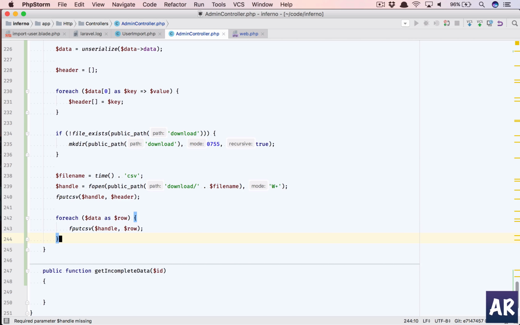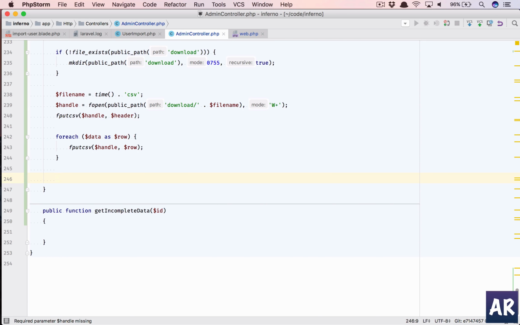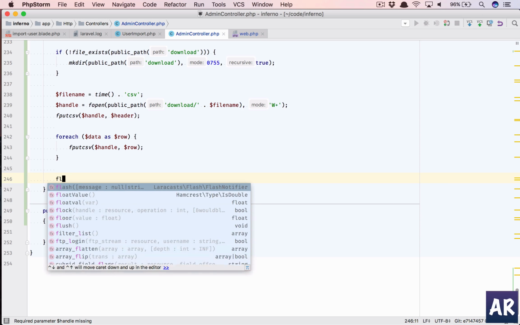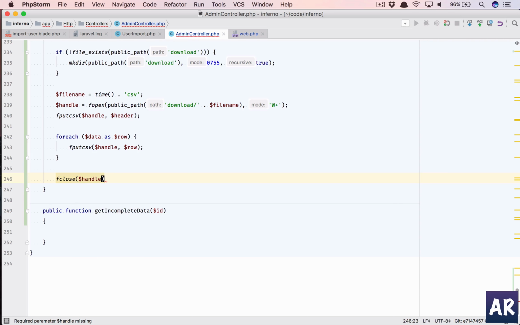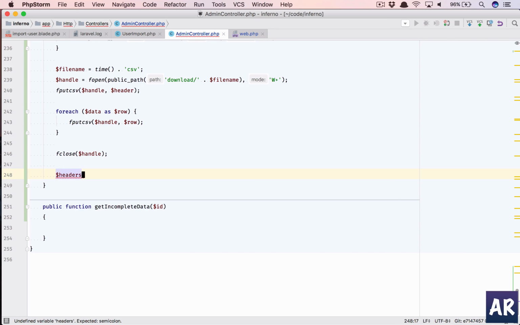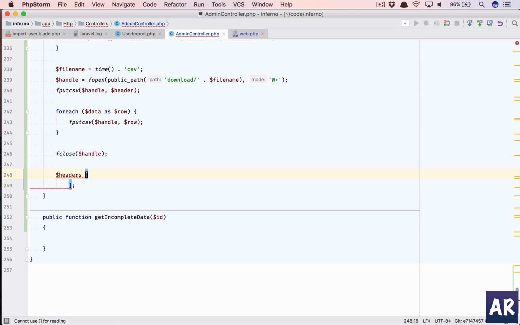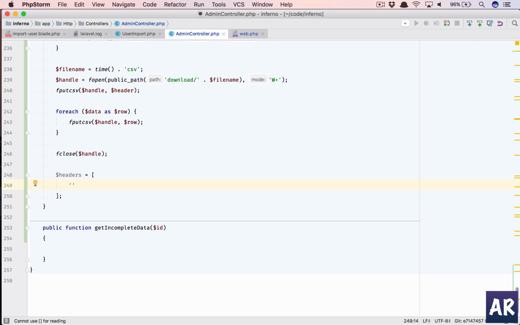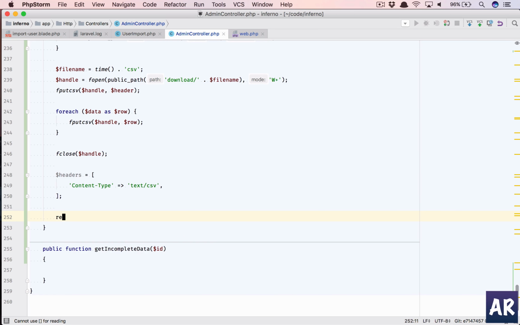So with that done, we will have our entire CSV file, and then we will do fclose($handle), so we'll close the file, and now it's time to download. So we'll have headers equals an array in which we need to pass Content-Type. That's something which we'll pass in our response, so that will be text/csv. Okay, and then just return